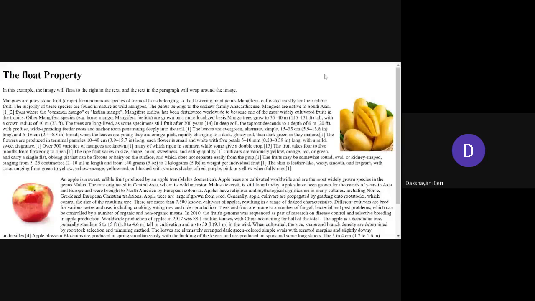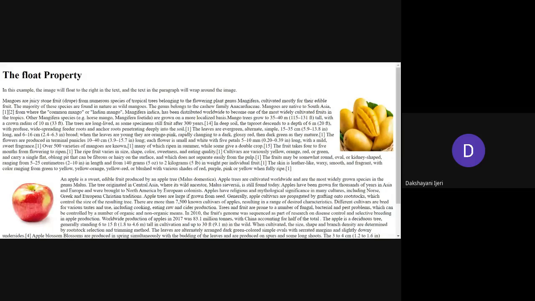For example, if the width of this image is so large that it is going to cover this entire screen, then even if you use the float property on this image, you might not make any difference in the appearance. It is going to cover the entire screen, so there is no space left for the other contents to flow around it. In that case, you are just going to observe the usual appearance of the web page. So whenever you use the float property on any content, make sure the size is such that the rest of the content can flow around it.